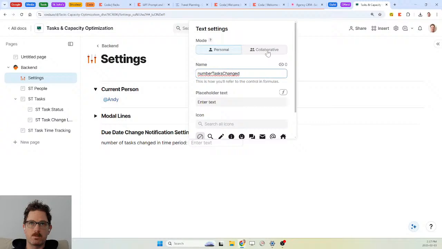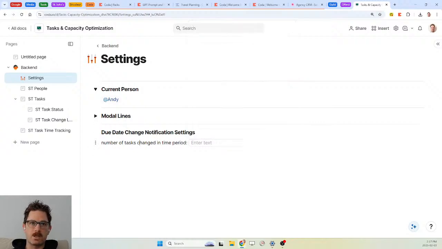I don't know whether to make it personal or collaborative. I almost think collaborative, but yeah, because if it's personal, then you can set your own notifications. Okay, so number of tasks changed in time period. Let's just say 1. So if we changed 1 task,